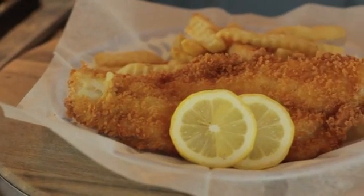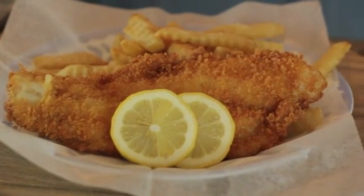Hi, I'm Johnny Moe, the musical chef, and this is the way I make breading for fish and chips. Fish and chips is super popular, great pub food, and I'm going to show you how easy it is to